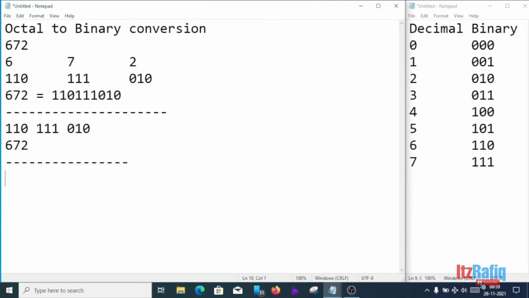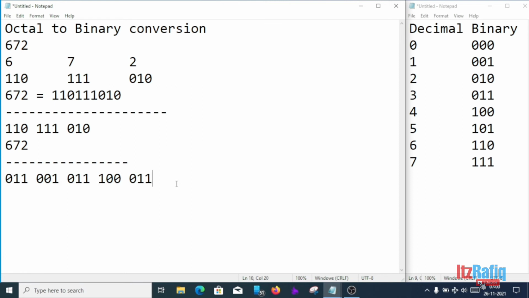Now suppose we have another number. I am just putting one random number. I have to convert this number into octal. So first I will divide the number from the right hand side into 3 digit groups. So this is the first group, second group, third group, fourth group, and the last group has only 2 digits, so before the number we can put 0.